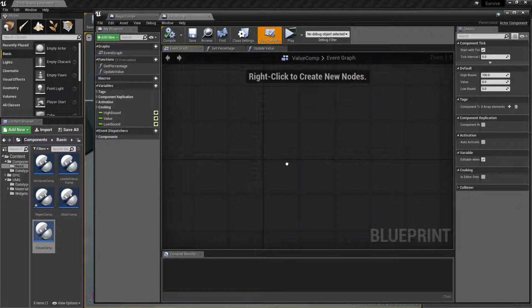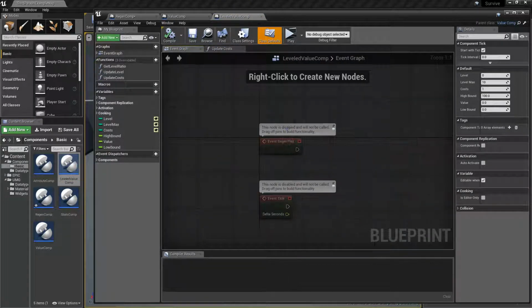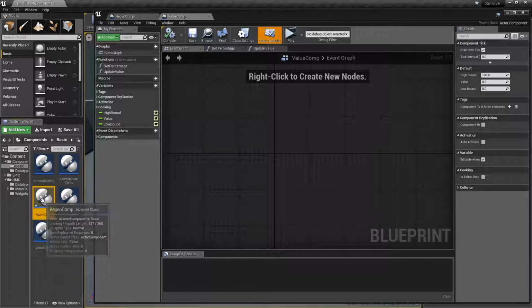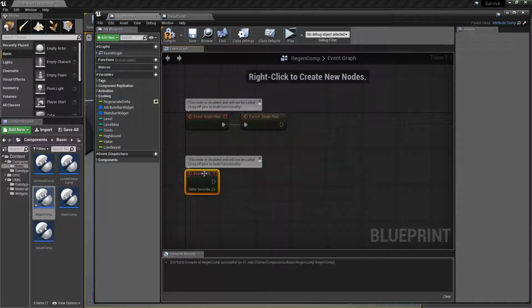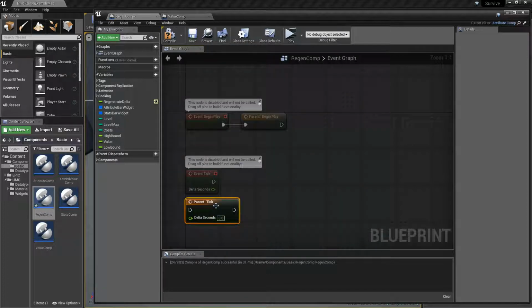Starting with our value comp, we don't have any on tick implemented here, and also in our leveled value comp we haven't anything here. So in this case we can drop that, we don't need it anymore. If we implement something in previous event ticks in the future, we can, as we did for our overridden function, always call the parent function again,